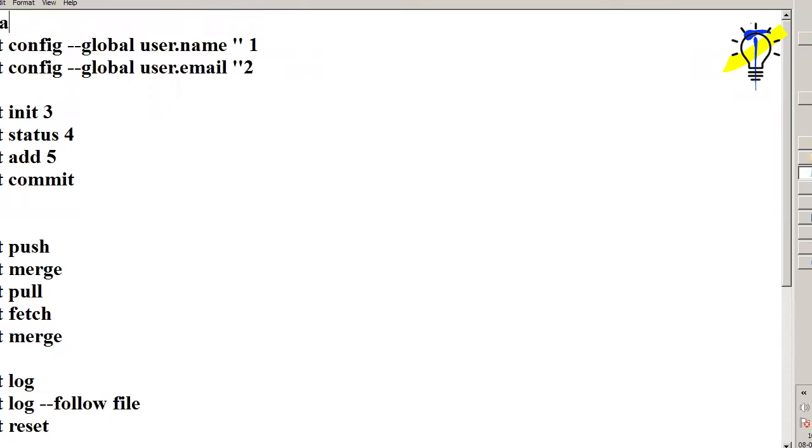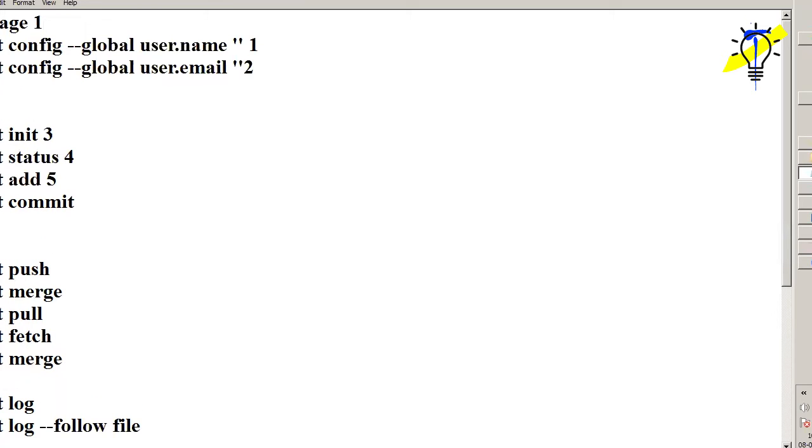Then stage 2 helps you give the identification, that is, whether this is a repository or not. Stage 2 is git init, the initialization, then git status, add, and commit, where you pass the message like this.